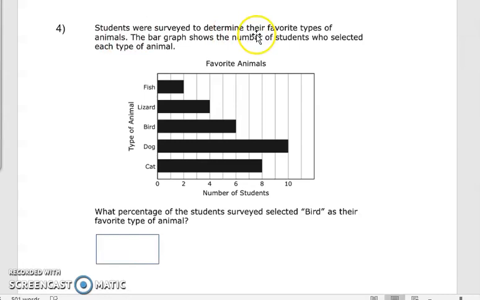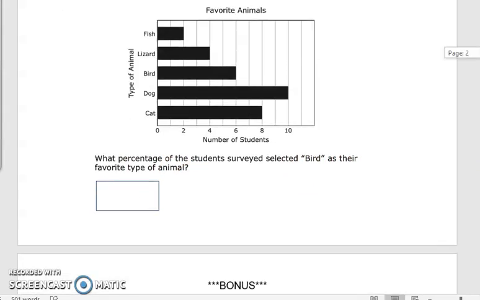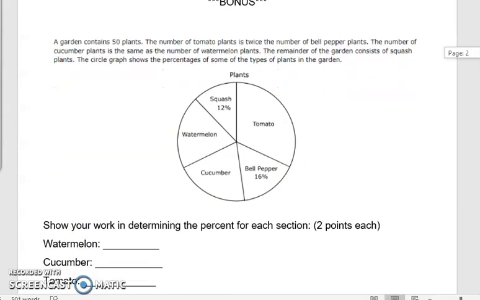Students were surveyed to determine their favorite type of animals. The bar graph shows the number of students who selected each type of animal: fish, lizard, bird, dog, cat. What percentage of the students surveyed selected bird as their favorite type of animal? For the bonus,